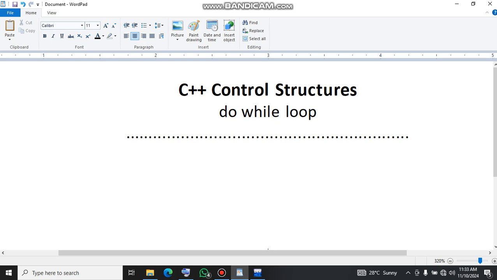Welcome back to this tutorial, and in today's tutorial we are talking about control structures, the third one, which is